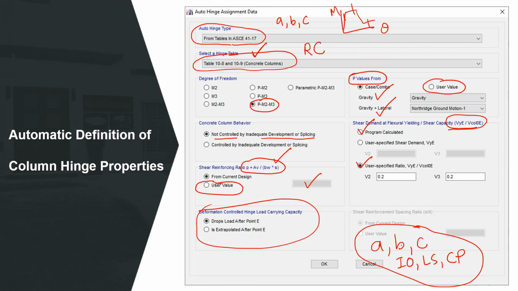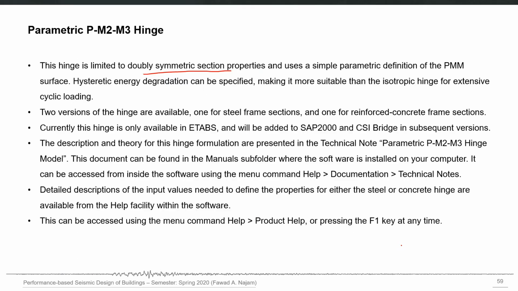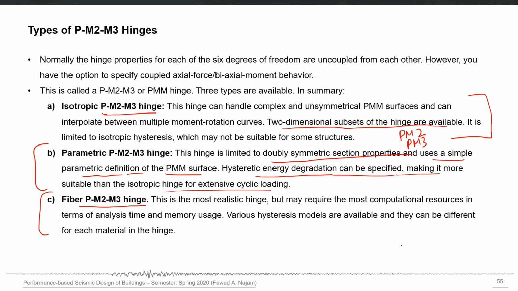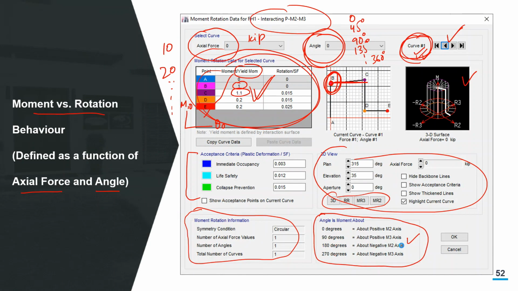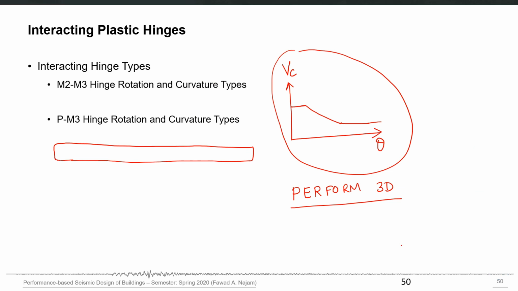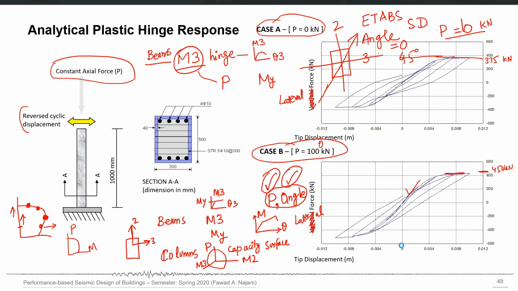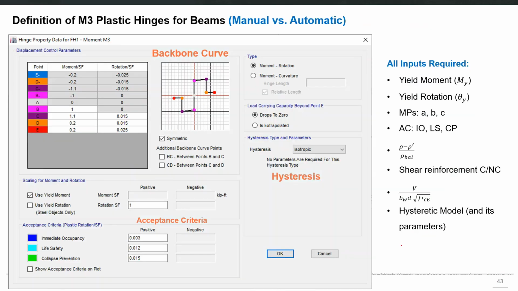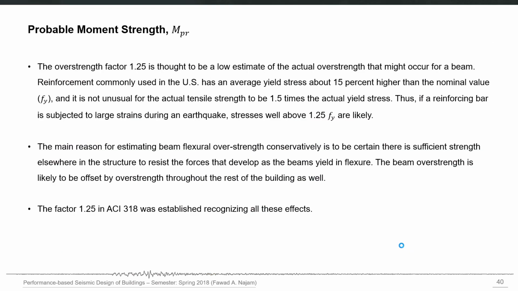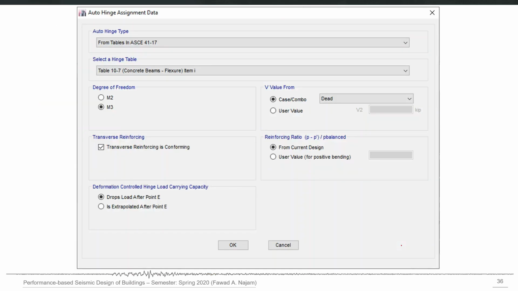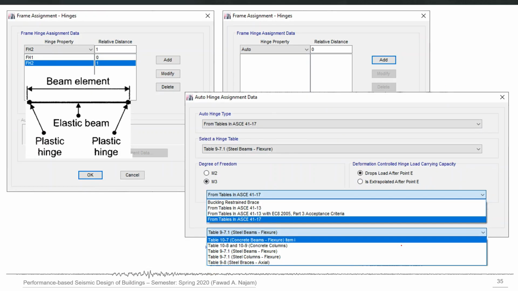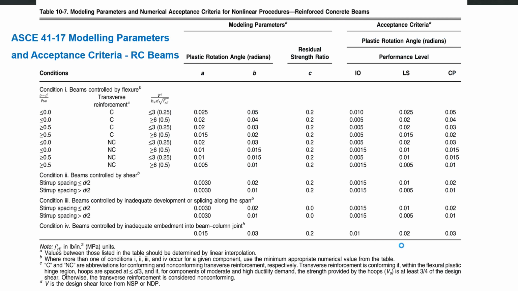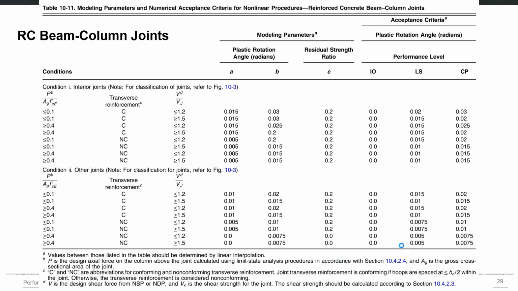Let me go back directly to show you those tables also, because the discussion will not be complete before actually seeing those tables of ASCE 41, which are used to get the action deformation curve and the acceptance criteria for columns. In the last session I showed you those tables for columns. Let's quickly revisit them. So this is the automatic hinge definition for beams. Let me go to the ASCE 41 table. Okay, this is for beams. These two tables are for columns.